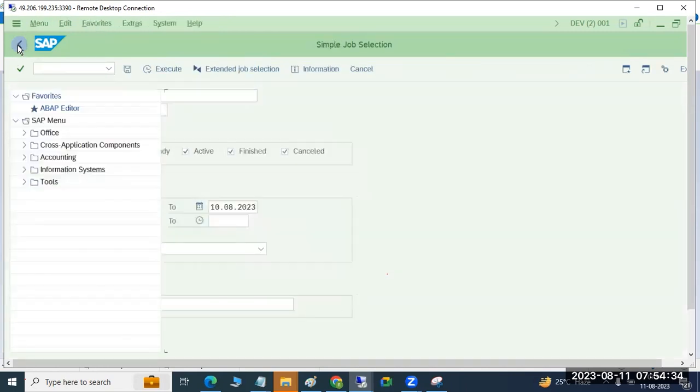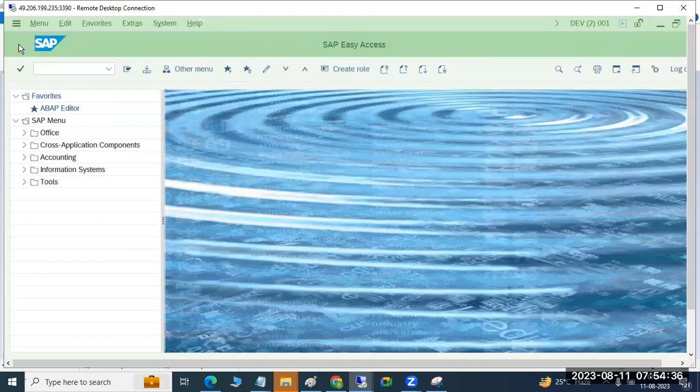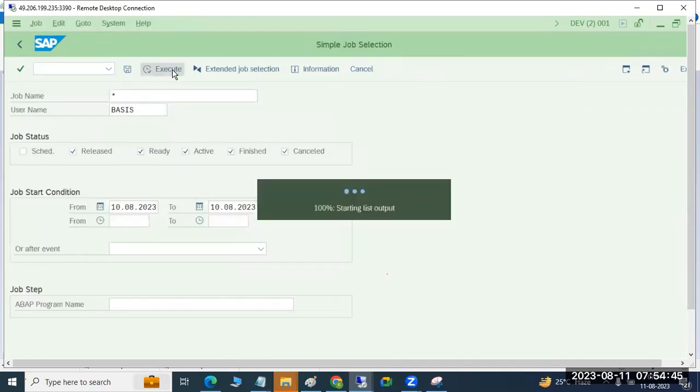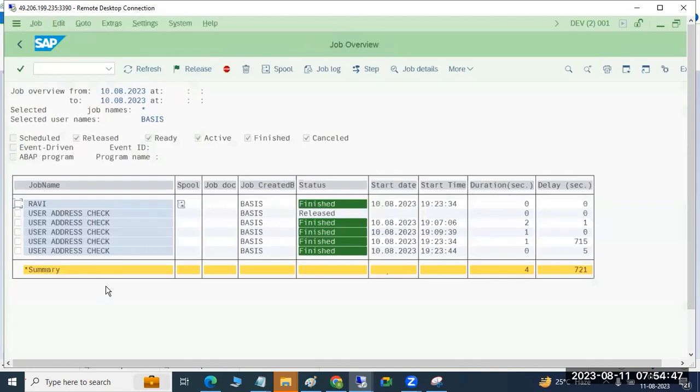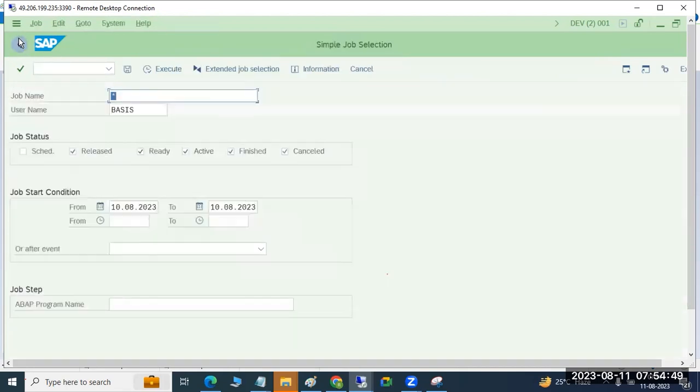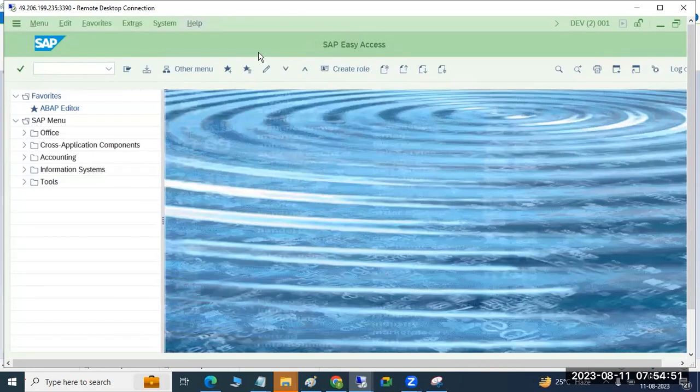Same as me, you also run. Every person has to run your job. Send me the screenshots, or when I log into the system and see all the jobs with your name, they should be completed. Okay, so that is the job you have to complete. So that is the assignment. So one more